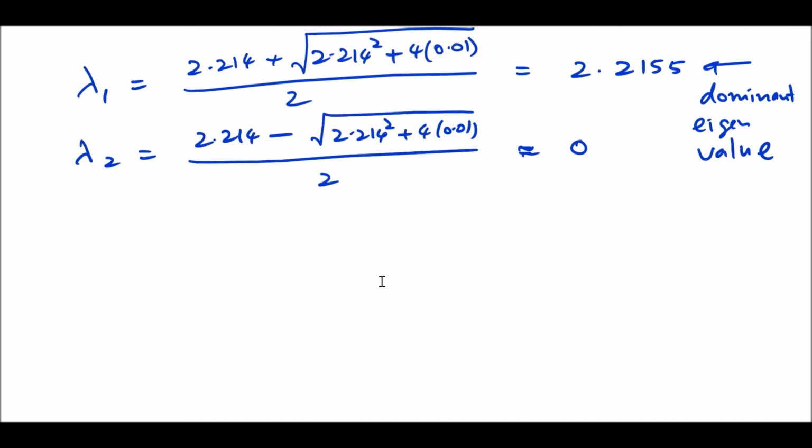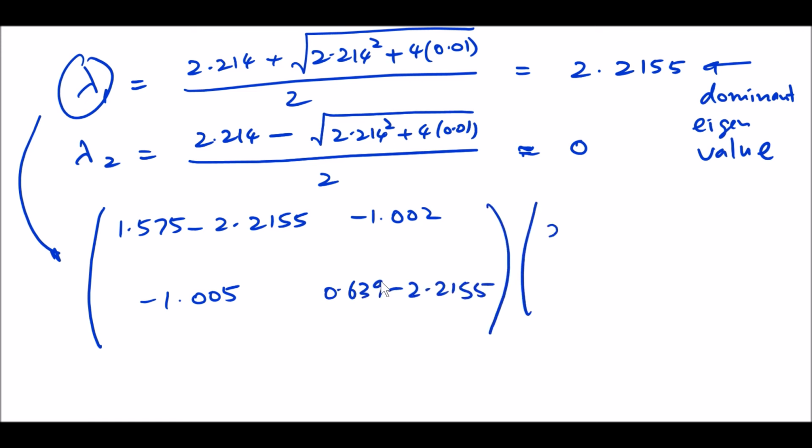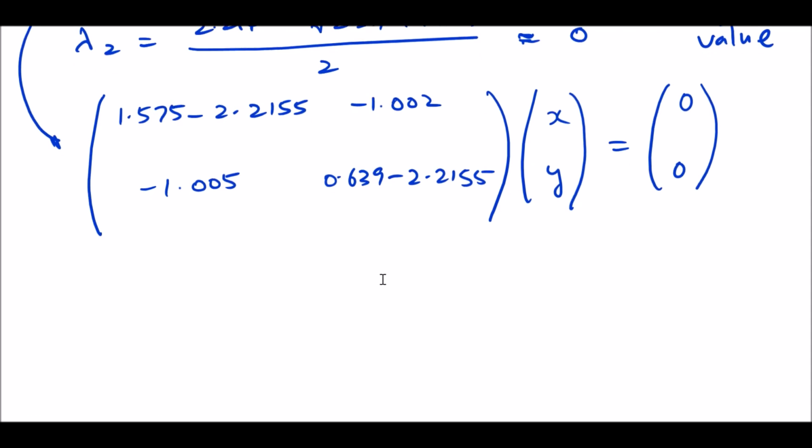We can use that dominant eigenvalue to find our linear discriminant direction. The maximum discriminant will be given by w. Basically you use lambda 1 and substitute into the same equation: minus 2.2155, minus 1.002, minus 1.005, 0.639 minus 2.2155, times the vector x y that we are after, equal to 0 0. In this particular case, what we are doing is simplifying to find the relation between x and y,